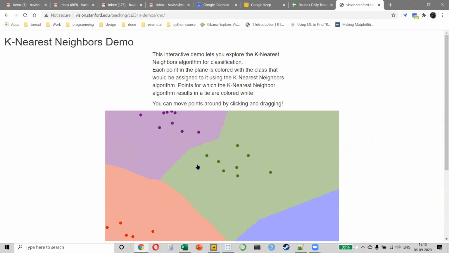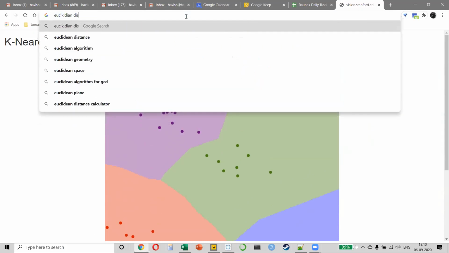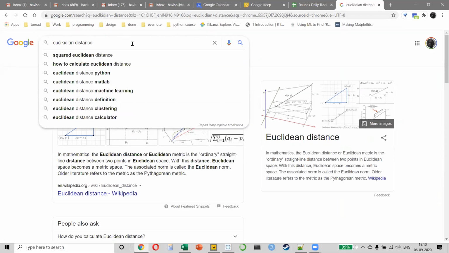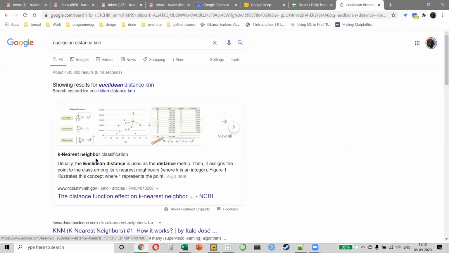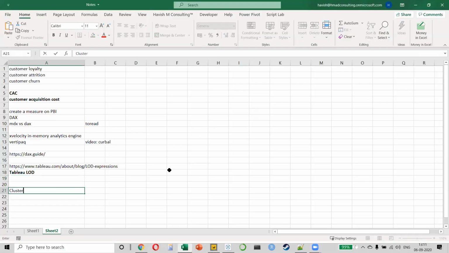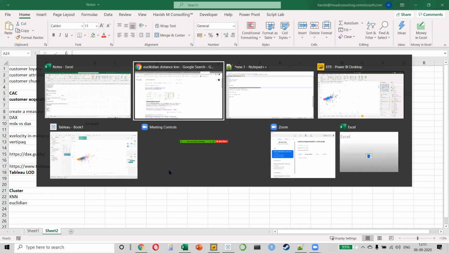There are lots of different concepts in this. You can read the theory. Like we find out what we call the Euclidean distance, which is also the Pythagorean metric, right? So basically Euclidean distance is nothing but a straight line between 2 points, right? That's something that you use in KNN, right? Of course, I will not be able to explain all this right now, but I'm just telling you the keywords, and then you can always go back and read this on your own. I'll just write everything here. So for cluster, you have to understand KNN and Euclidean, okay?